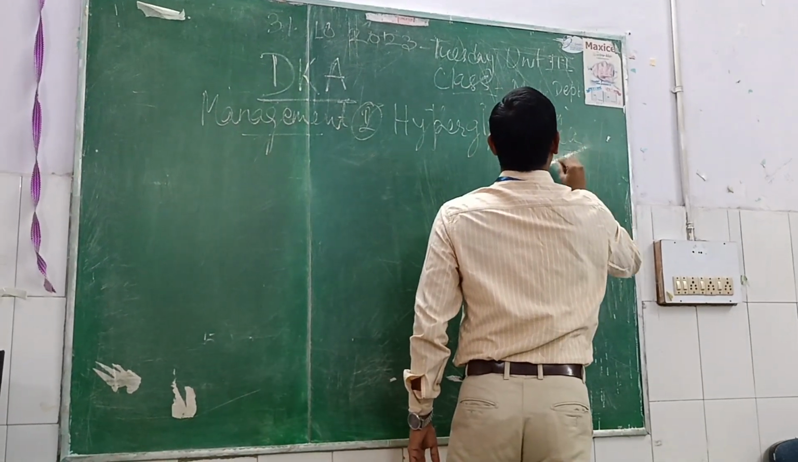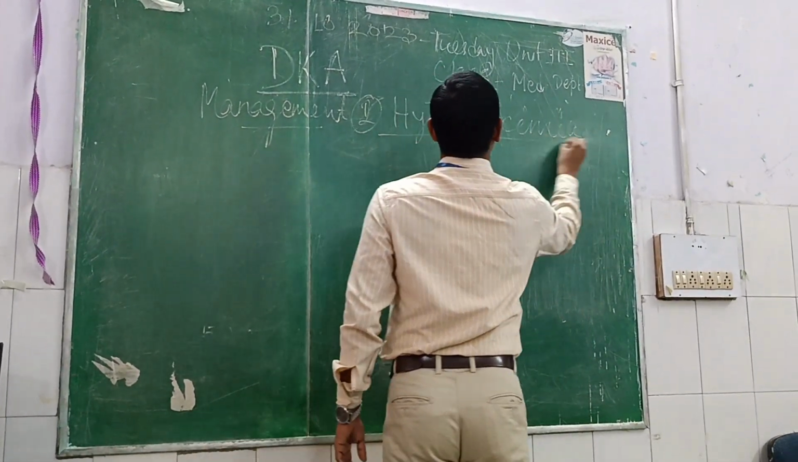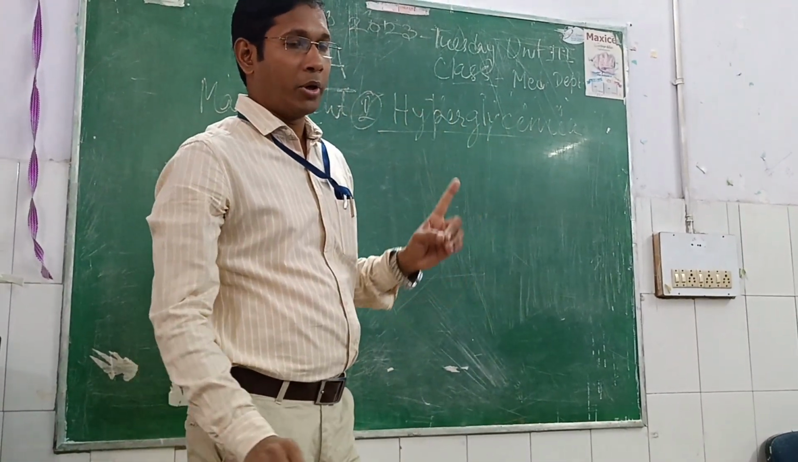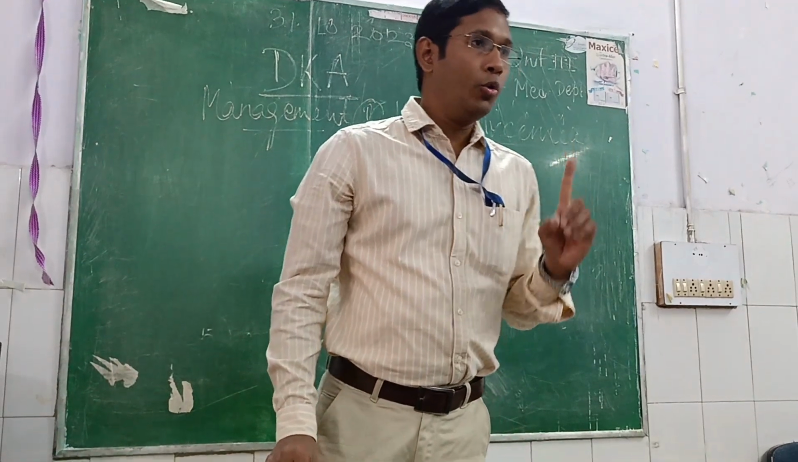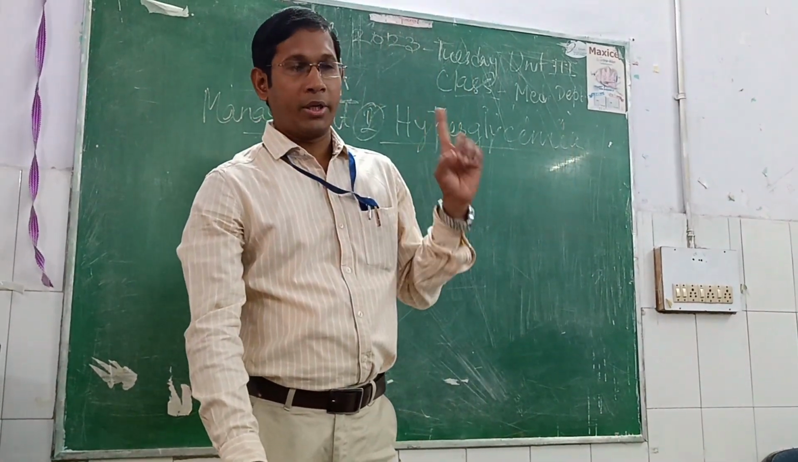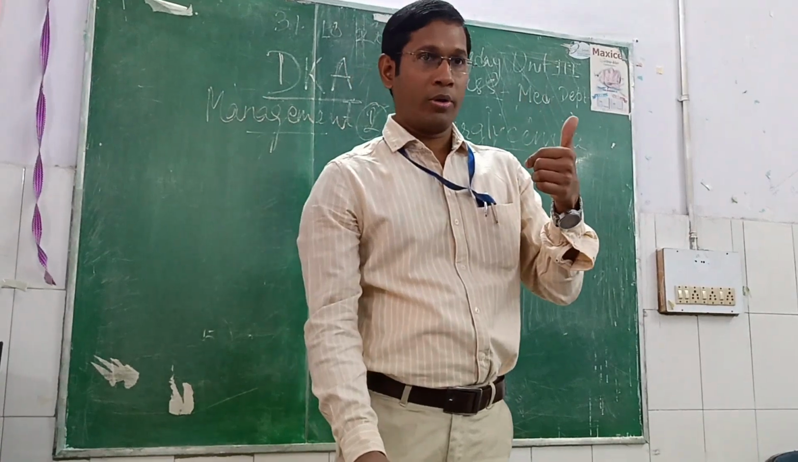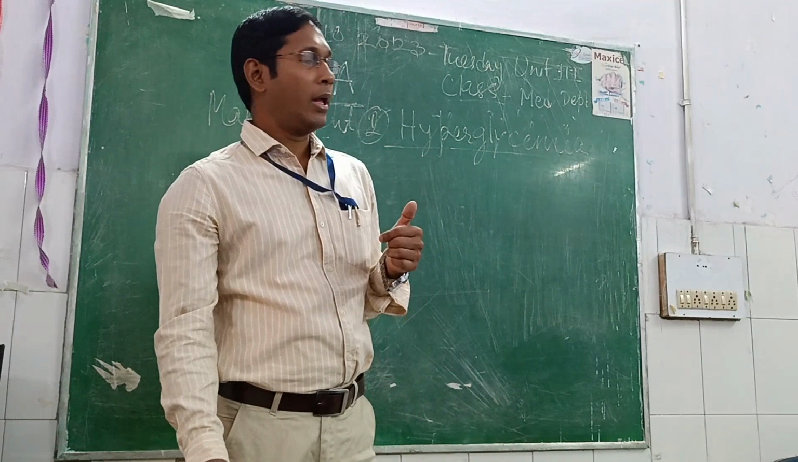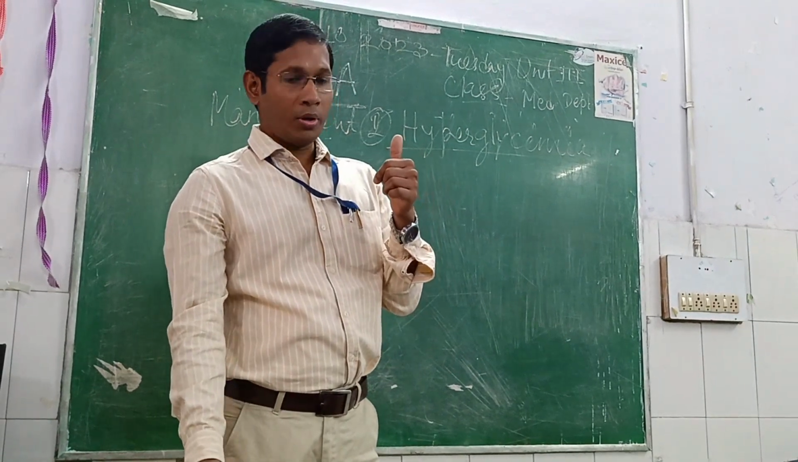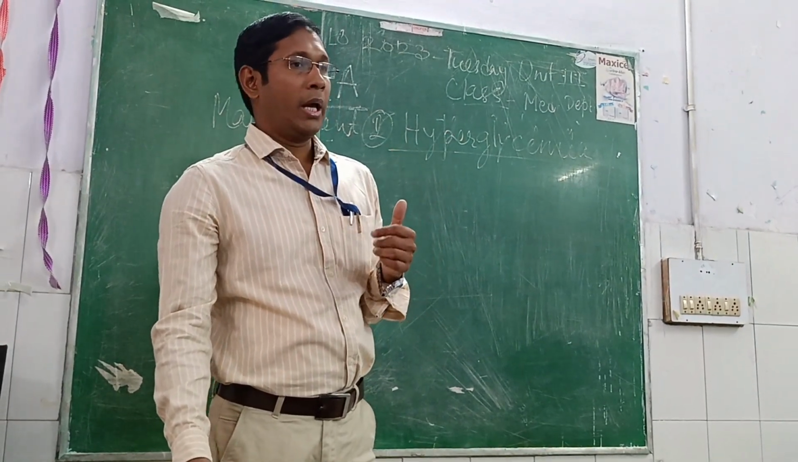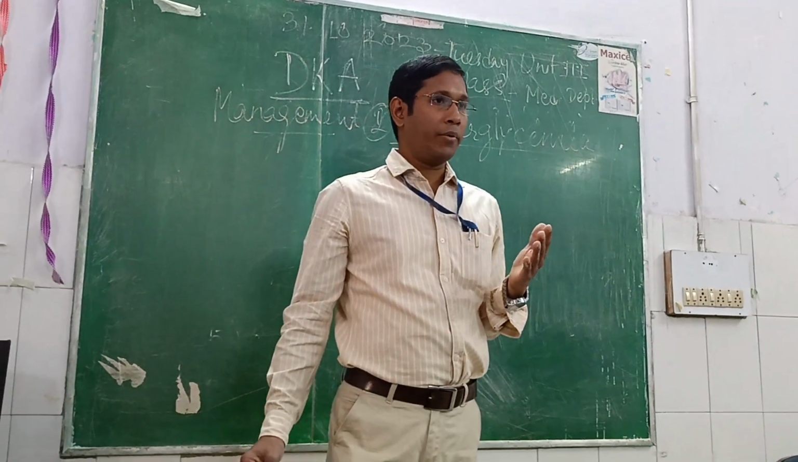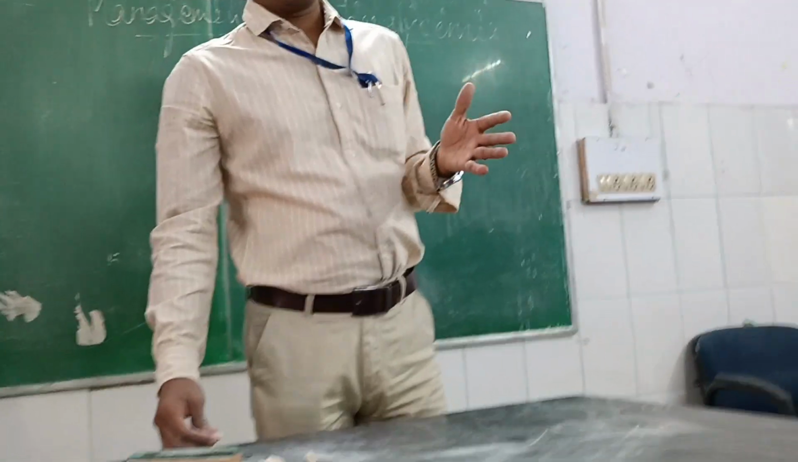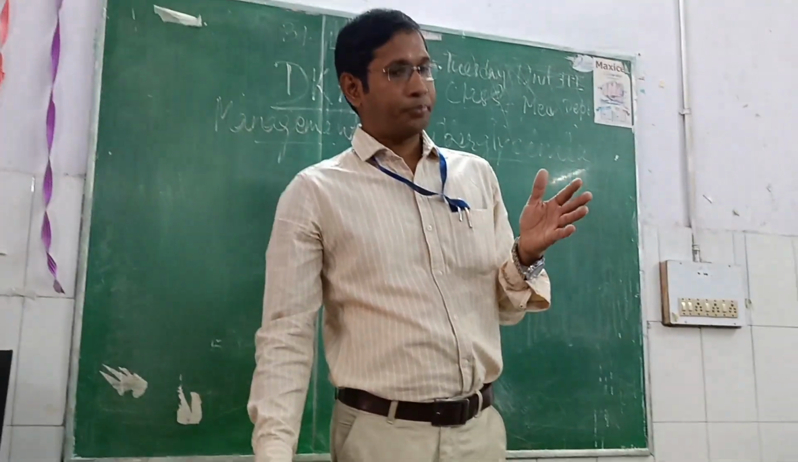Management of hyperglycemia. Before starting treatment of hyperglycemia, you will have to look for the serum potassium in your ABG report. That's why ABG is very crucial in diagnosis as well as management of diabetic ketoacidosis. If the patient is having potassium which is more than 4 millimole per liter, then you can safely